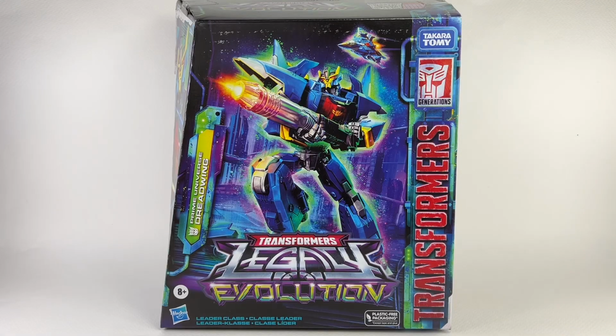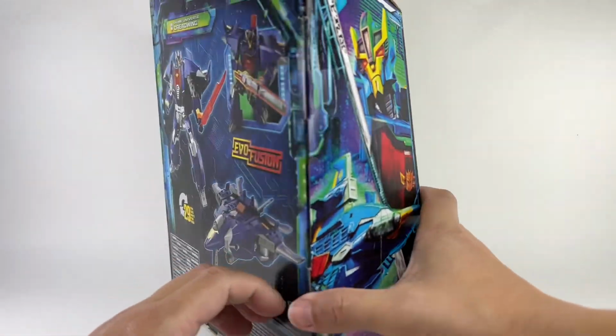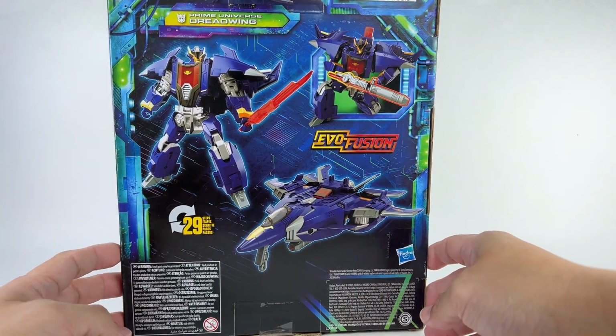This is the Transformers Generations Legacy Evolution Leader Class Prime Universe Dreadwing. I didn't think this was going to come in sooner than I thought. Much sooner than I expected. I picked up this figure from